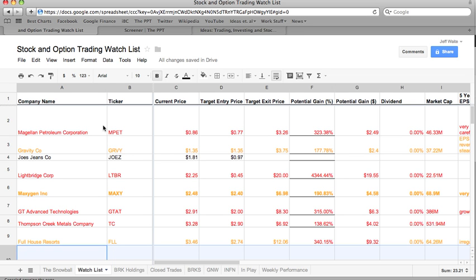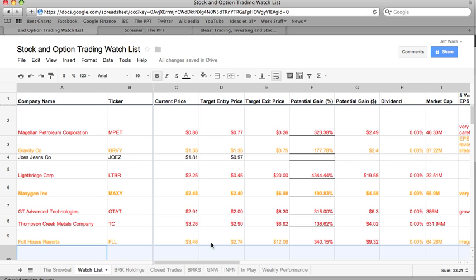But again, I think stock picking is a lot more like fishing with a net than spear fishing. I'm evaluating for criteria and seeing what comes in rather than hunting down particular issues. And today I want to show you step 2 and how to use a trading watch list to manage your